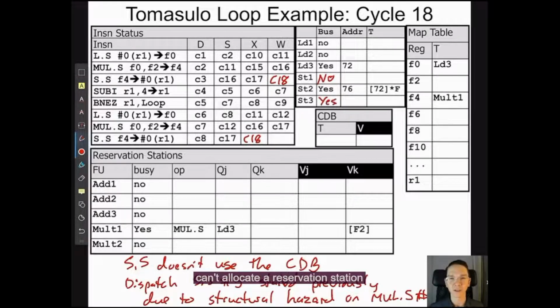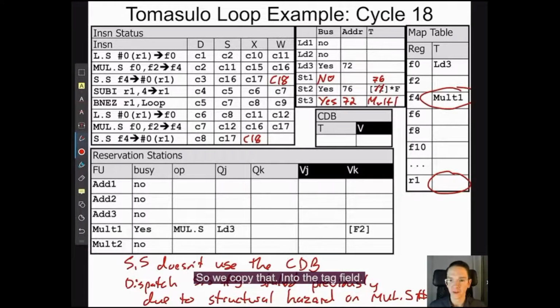simply because I'll assume that you can't allocate a reservation station entry in the same cycle as you freed it, and we just freed store 1 in this cycle. So the third store reads R1, which has an empty tag. So we read the value 72 from the register file. That's the address here, and that is a bug. Sorry, that should say 76. And what is the value that's going to be stored? It's going to come from the register named F4, whose tag is mult1, so we copy that into the tag